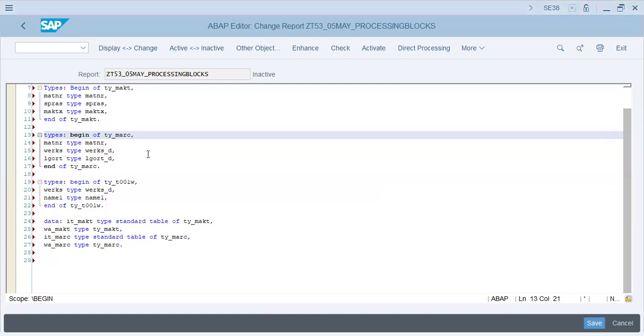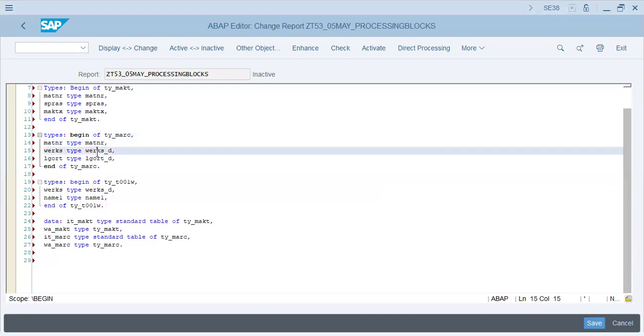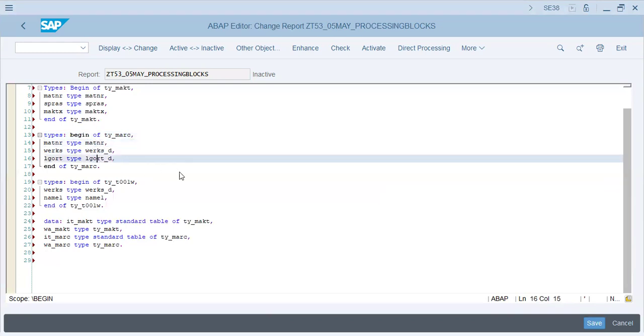Everything about plant and material combination will be in MARC, but we will only find material number, works D, which is plant. Algort, what is Algort? I'll find it right now. I don't know. Anyways,